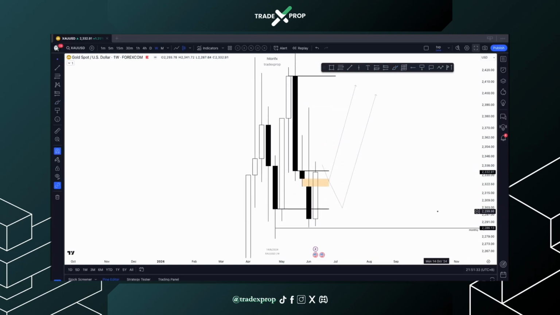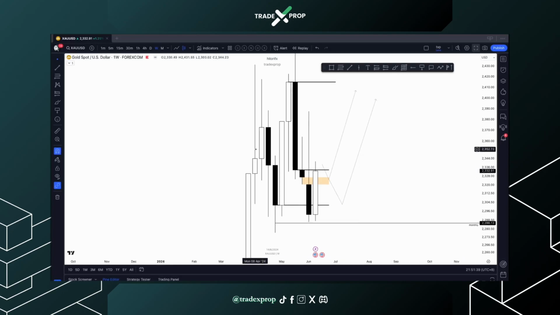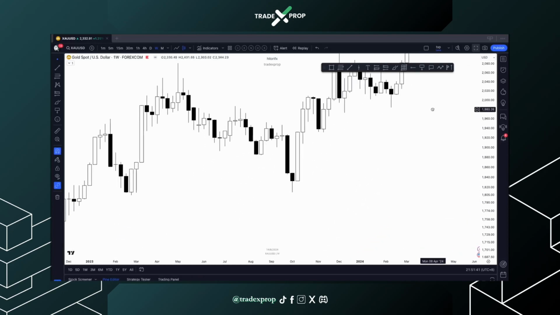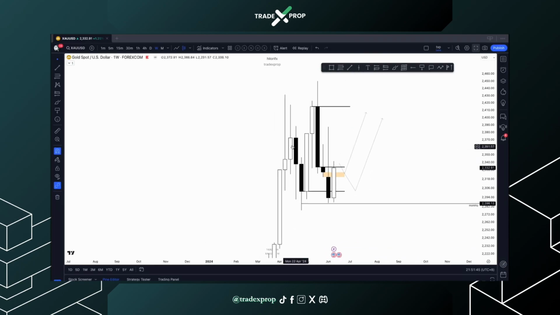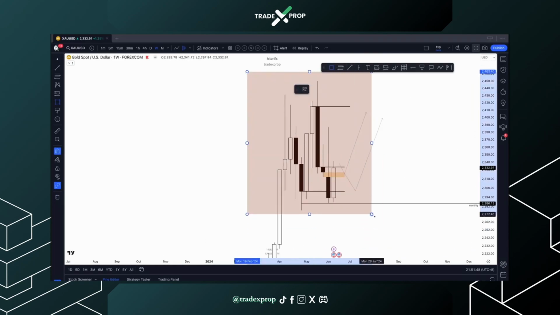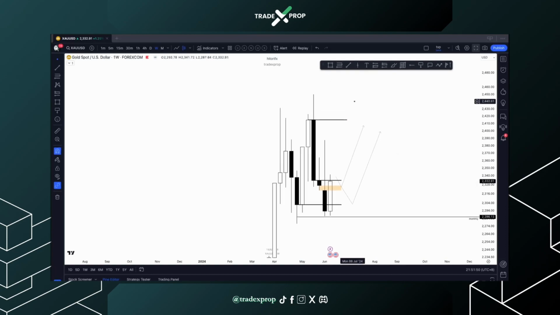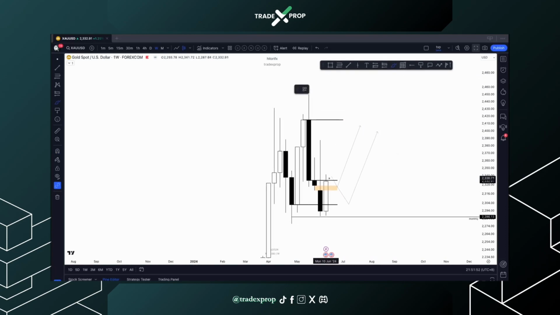So at the moment, I don't really have a storyline on the monthly and the weekly as well, but it is pretty clear cut that we are bullish. It's just that as of now, we are kind of within this large range right here. So there is no clear storyline until we see a failure of something down maybe here, right? So I want to see more bullish price action to carry us into perhaps this level right here,